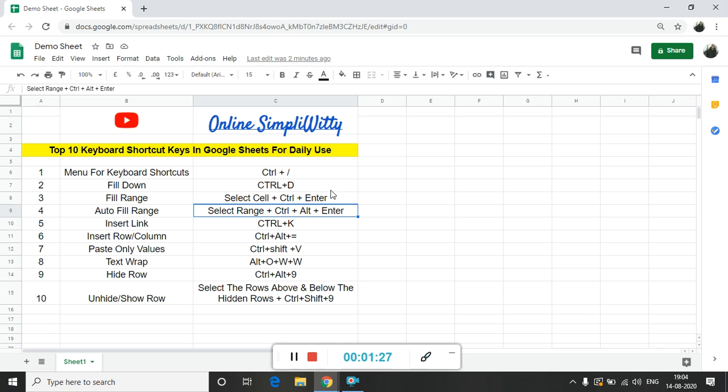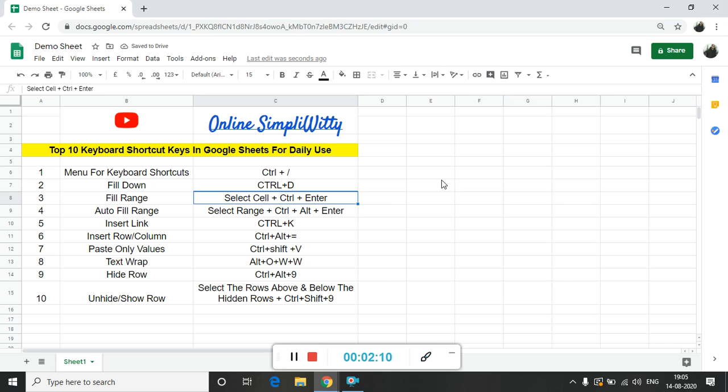Okay, now the second thing we need to know is fill down. Let's say you type something over here and you want to copy and paste this in the row just below it. All you have to do is press Ctrl D, and the thing which is on the top will come down. You select the cell which you want to copy, then press Ctrl D, and it directly comes down in the cell below it. So this is keyboard shortcut 2.